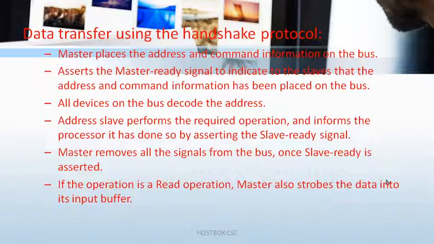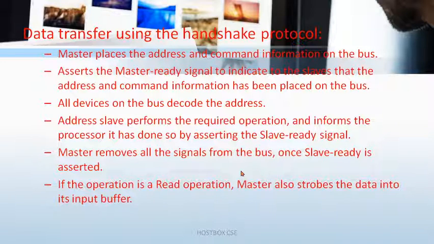Then destination to source. Let's assume the destination first asks whether the source is ready for data or not. You send the question to the source, whether it is ready to accept data or not. If so, the source responds to the destination and sends the valid data. Moreover, the destination then gives the acknowledgement to the source that the data was accepted. But with synchronous, there is no guarantee whether data is sent and received properly or not. Here we get an acknowledgement. That is the advantage of using handshake.